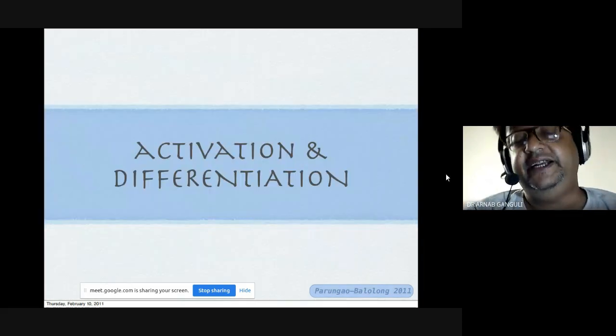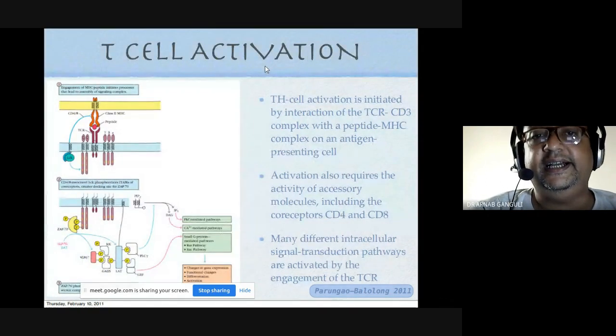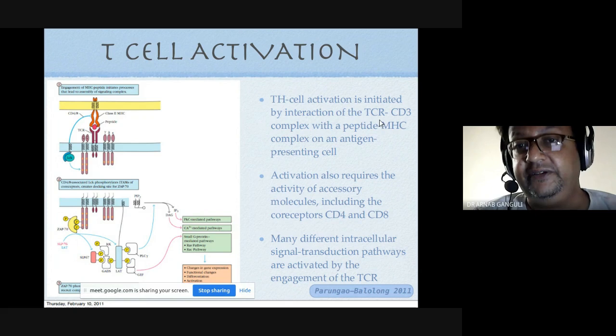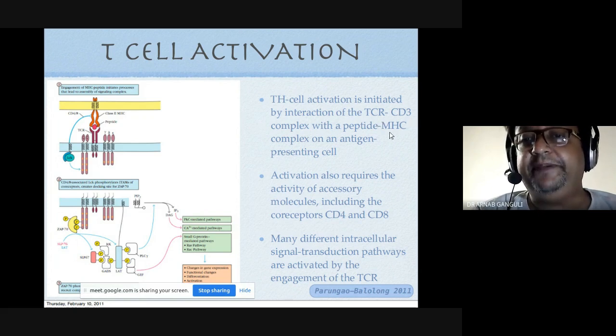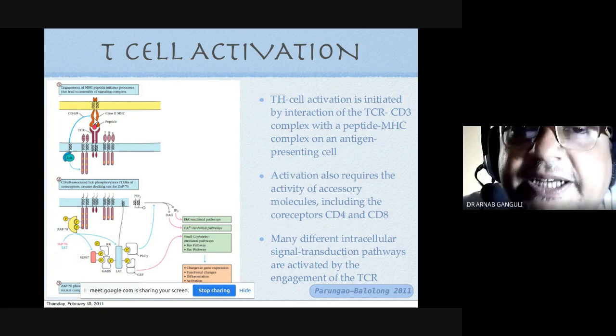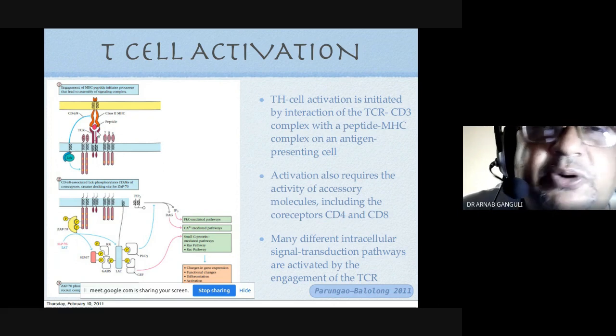এবারে অ্যাক্টিভেশন অ্যান্ড ডিফারেন্সিয়েশন। T cell activation. T helper cell activation is initiated by interaction of TCR CDR3 complex with a peptide MHC complex. তার মানে ফার্স্ট টি সেল রিসেপ্টরের সঙ্গে একটা এমএইচসি ইন্টারাকশন হচ্ছে, অ্যান্টিজেন প্রডিউসিং সেলস।